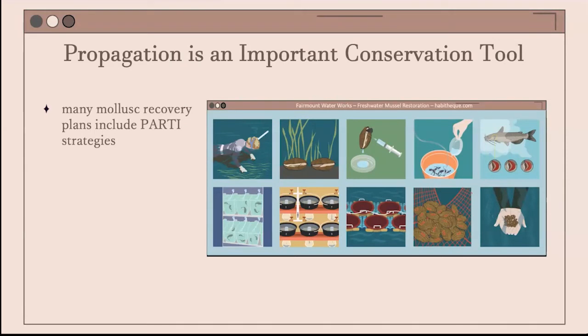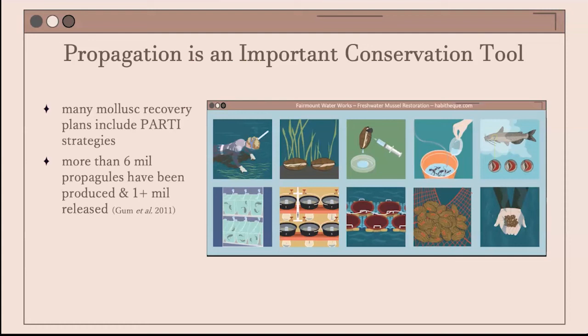recovery plans include some kind of PARTY strategy, where PARTY is propagation, augmentation, reintroduction, translocation, and introduction strategies. More than 6 million propagules have been produced, and more than 1 million of those have been released. And success of these efforts is difficult to assess since information is either not widely disseminated or monitoring of genetic